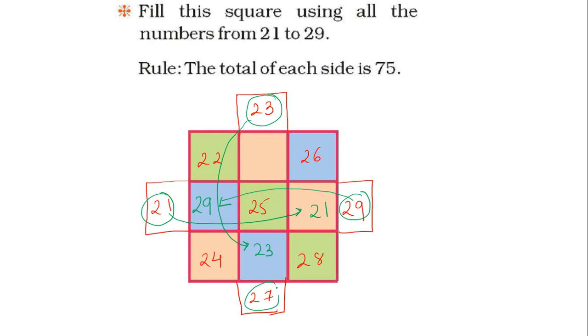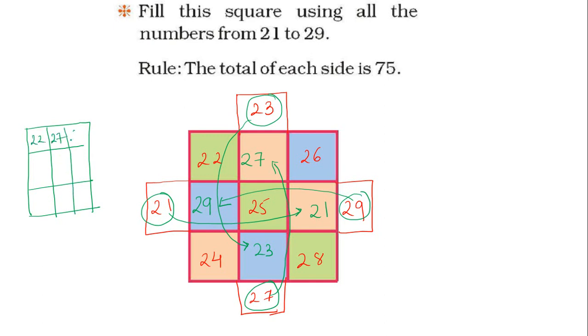और ये वाला 27 है वो कहाँ शिफ्ट हो जाएगा, यहां से यहां पर। अब हमारे पास क्या बच गया, अगर स्क्वायर हम लोग देखें तो ये वाला स्क्वायर बन गया। मैं आपके लिए एक और स्क्वायर बना देता हूं ताकि हम लोग इसको क्लियरली देख पाएं। लाइक दिस वी विल मेक इट, और इसको अच्छे से लिख लेंगे। 22, 27 एंड 26, 29, 25, 21, 24, 23 एंड 21।